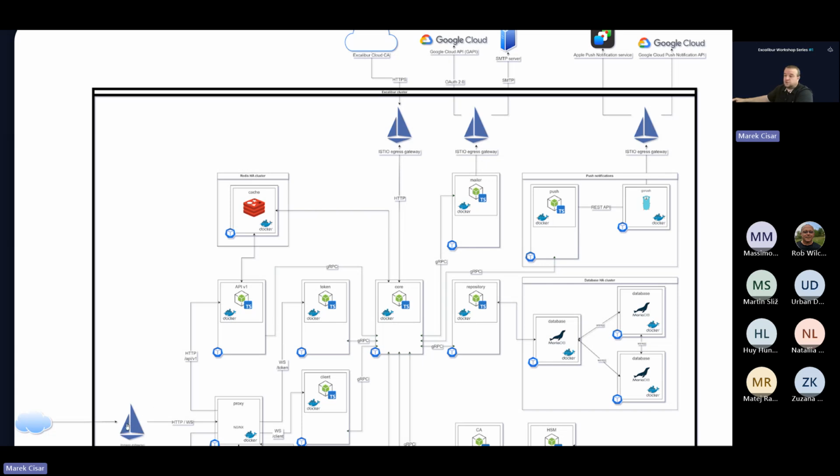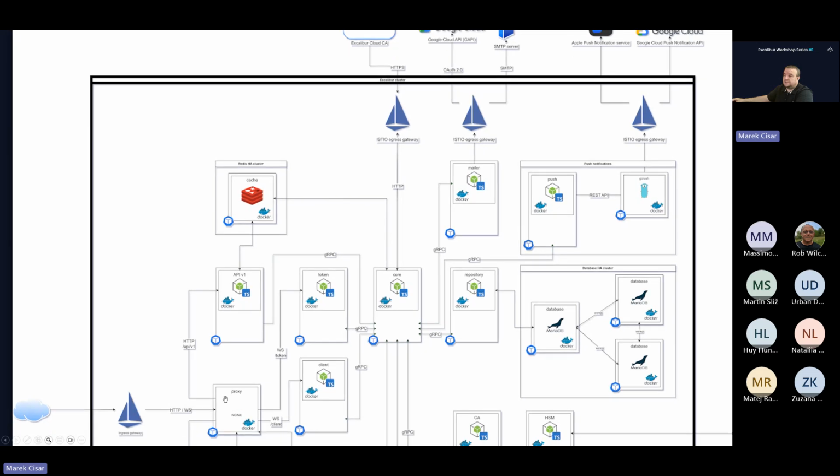Then the traffic goes to the Excalibur SAM proxy component. Why proxy? Because it acts as a simple reverse proxy and is taking care of the user HTTPS requests.